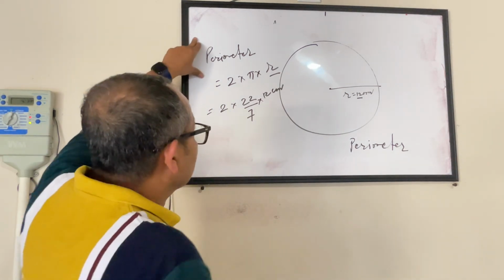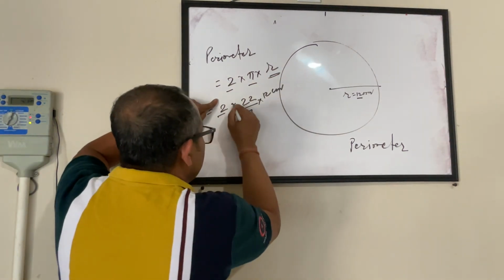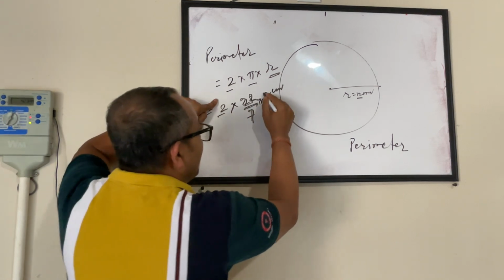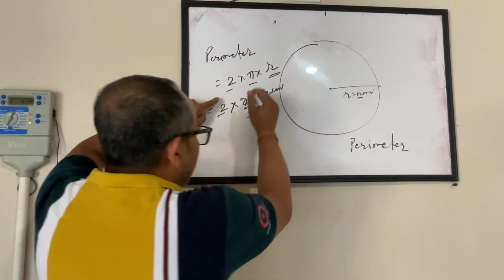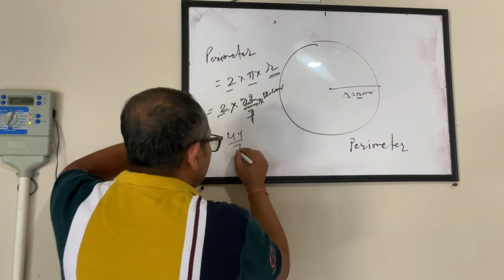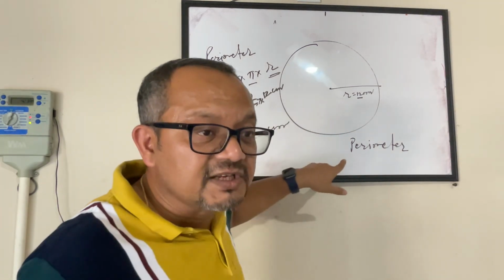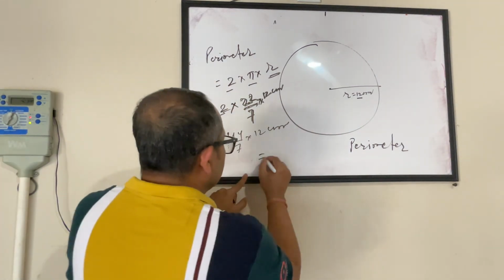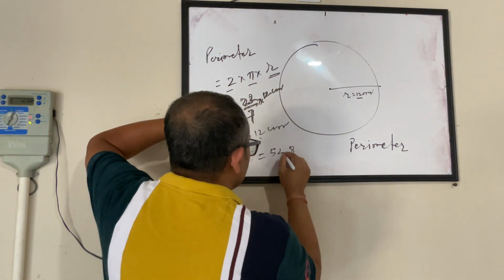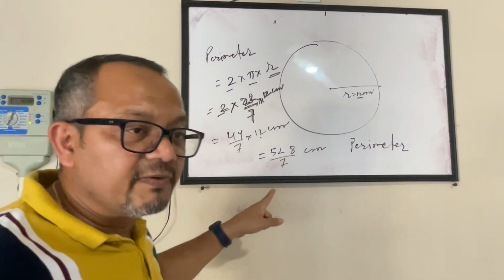So the perimeter of a circle, we know the formula says 2 times pi times r. Pi is 22/7, r is 12 centimeters. Now if I do this calculation, this gives me 22 into 2, 44/7 multiplied by 12 centimeters. This is what my answer would be. If I want to do it further, 12 4s are 48, so 528 by 7 centimeters. Now if I want to find the decimal,